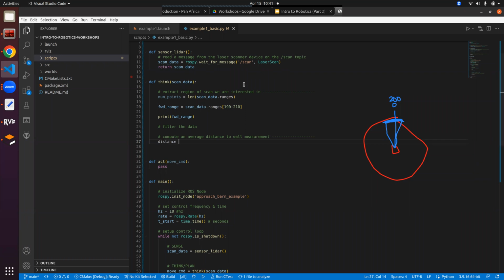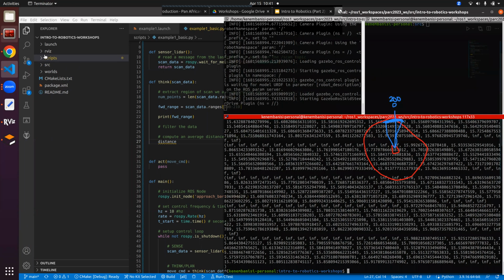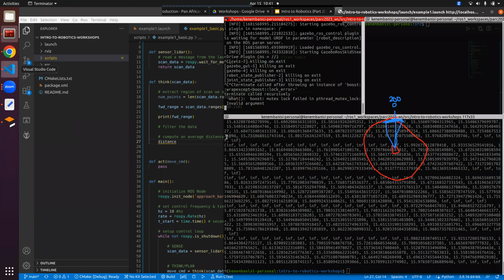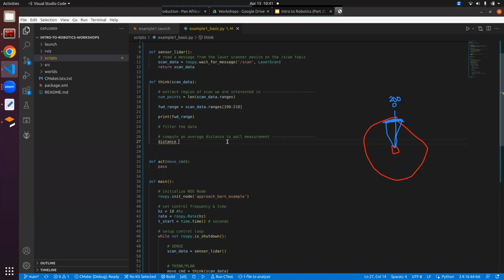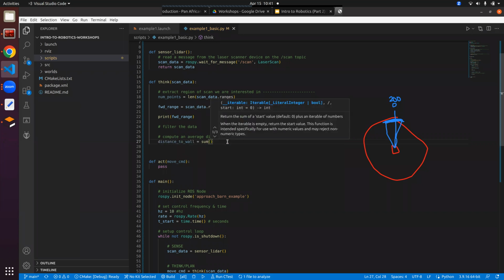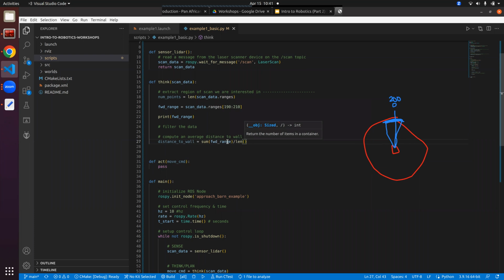Let me just shut down Gazebo where we type. Okay, so simple, we can calculate a simple sum over length. I can give you a value for distance. Okay, this should work in some cases, but